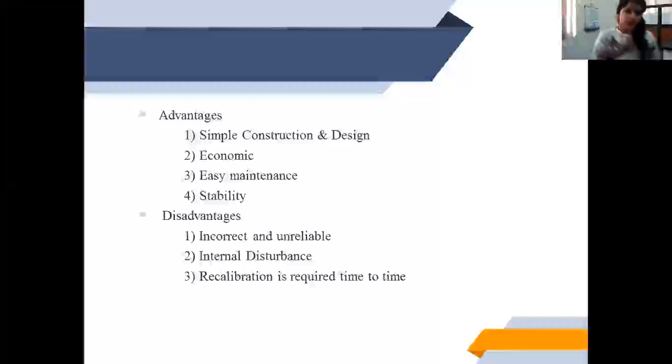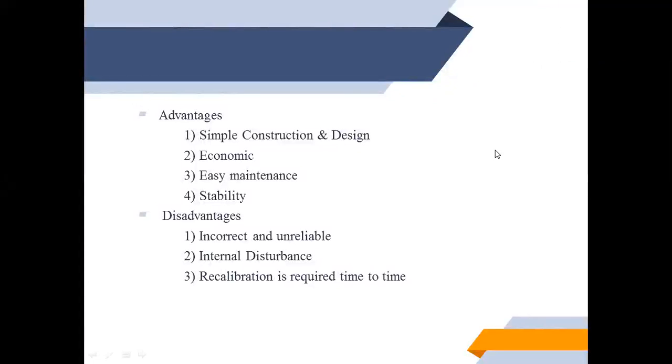The disadvantages of an open loop control system are that it's inaccurate and unreliable, as we don't have any feedback system in this. If we have any external disturbance in the system, the output is incorrect or unreliable, and there will be internal disturbances since there is no feedback.